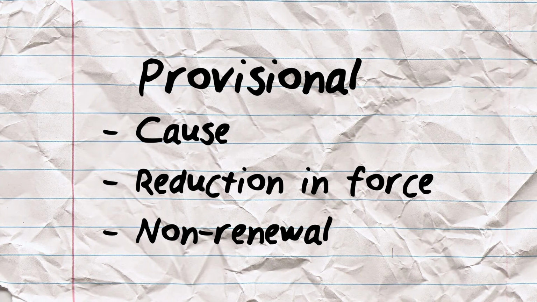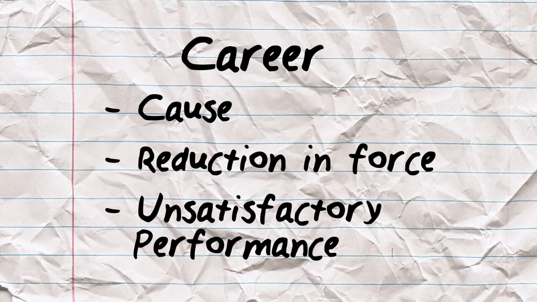However, the district may choose to not renew their contract at the end of the one-year term, and is not required to provide a reason for the non-renewal. Career employees may be terminated only for cause, for a reduction in force, or for unsatisfactory performance following a plan of assistance. Termination for unsatisfactory performance is not disciplinary in nature, and when unsatisfactory performance is identified, the employee may